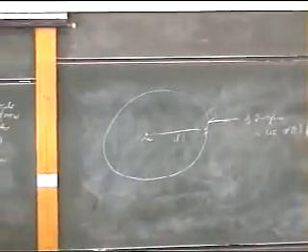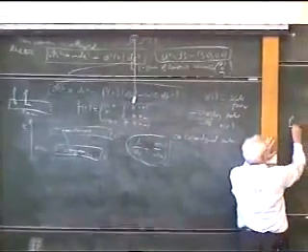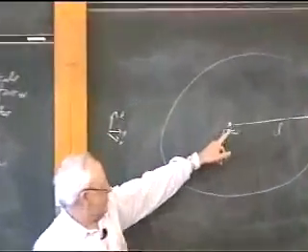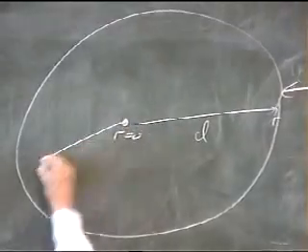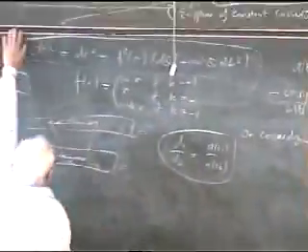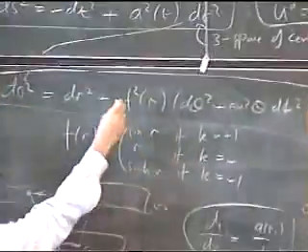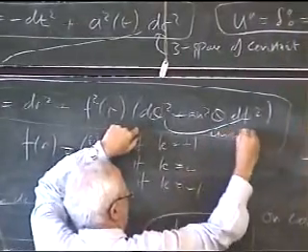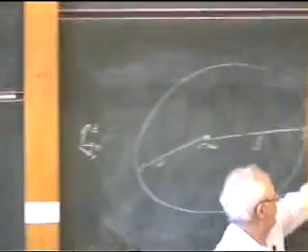Choose in your space sections an arbitrary point. This is a space-time diagram. This is now a space diagram. So here I'm looking at 3 space directions, x, y, and z. Start off at the origin of coordinates, go out a distance d and draw a sphere at that distance. So that means you go the same distance d in all directions, it gives you a sphere. From this metric here, it follows that the size of that sphere depends on a, the scale factor at that time. It depends on f, this function here, evaluated at the time. And this is the unit sphere, which has area 4 pi, which is where this 4 pi comes from.